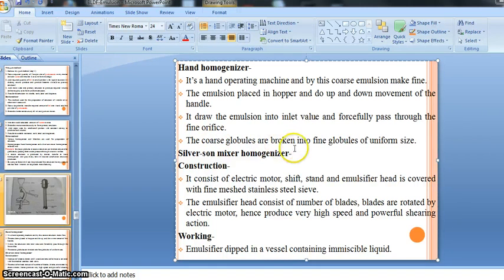Coarse globules are broken into fine globules by passing through the fine orifice with the help of high pressure. So in this way, we finally get a uniform globule size. So by this way we can prepare